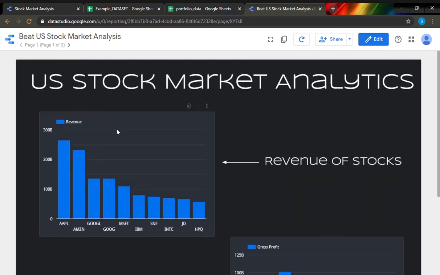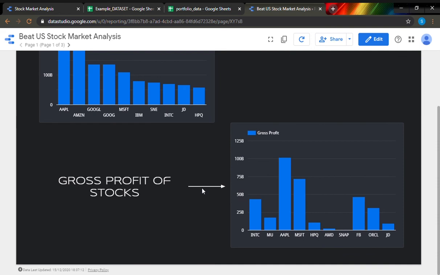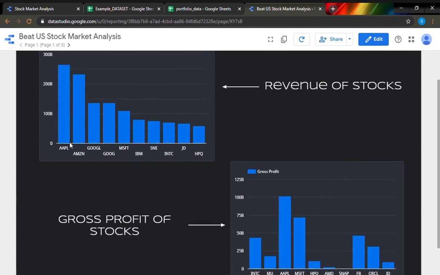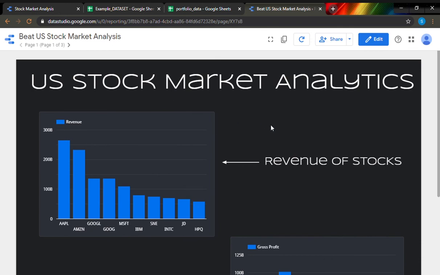Revenue is basically income generated from normal business, and gross profit is the profit a company makes after deducting the cost associated with making and selling products. So according to that, a company that makes more revenue and profit would be much better to invest the stocks in.